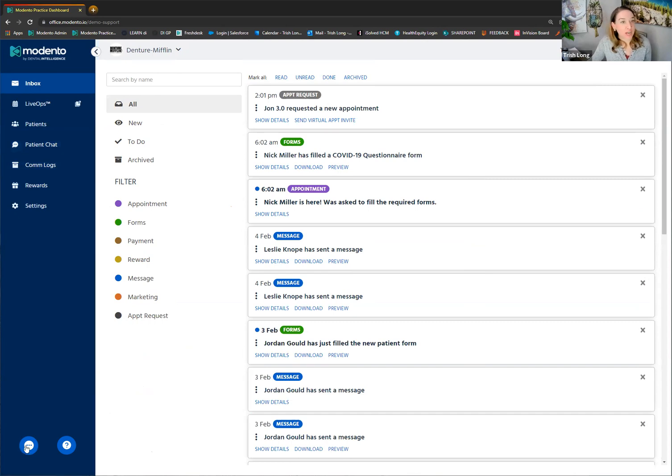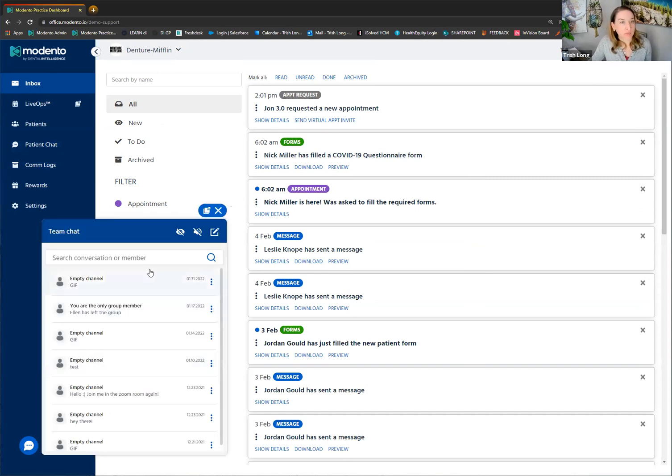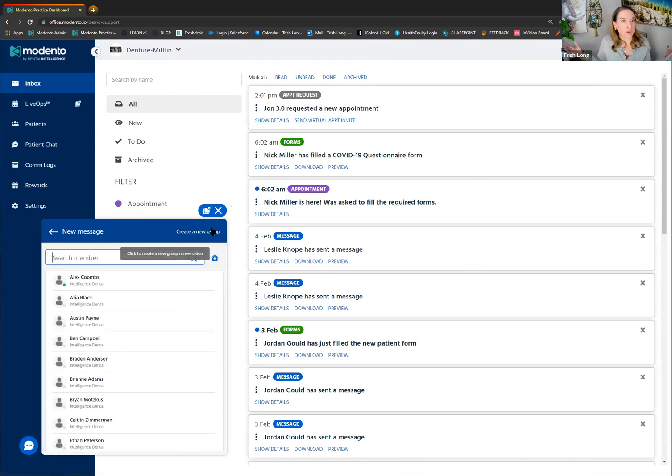We do have inter-office chat through Modento as well. So connecting with your teammates when they're all spread out through the office at different operatories. What's nice is you can